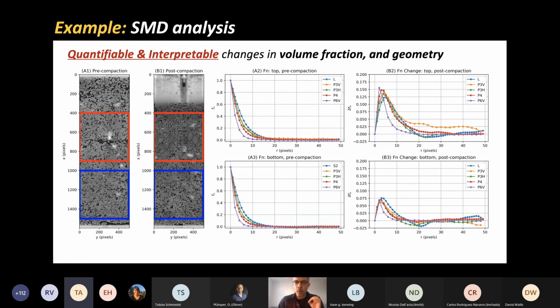This is what we mean by quantifiable and interpretable descriptions of a material. What you need to remember from these curves is that, yes, we could have done these analyses, for example, with structure tensors in an image, but a structure tensor would not have abstracted these properties so that they represent not only this sample, but any sample that is statistically equivalent to this sample. These curves do precisely that. So is there a way in which we can explore this very powerful abstraction capability of such statistical microstructure descriptors?